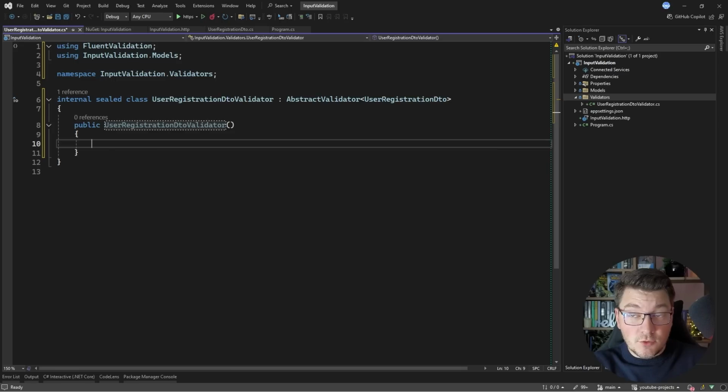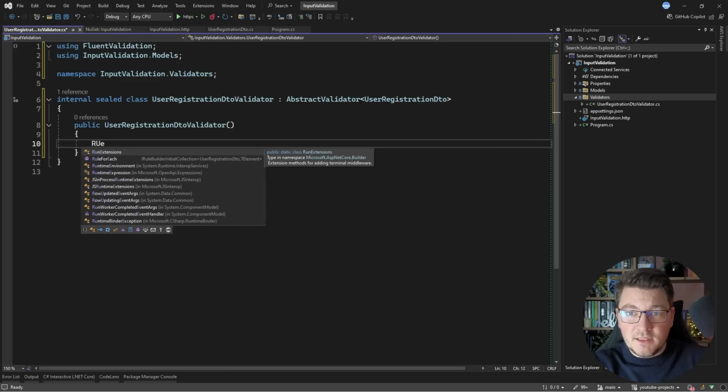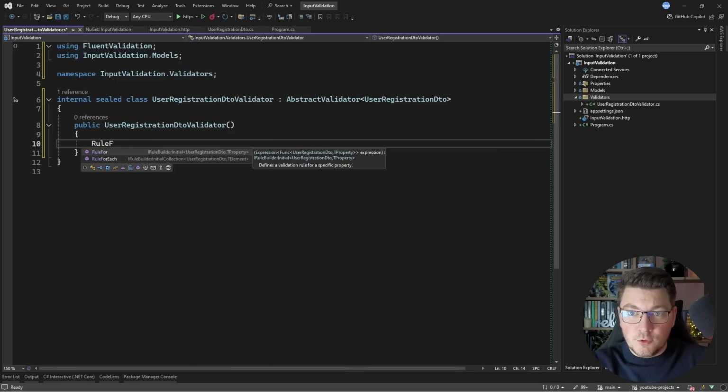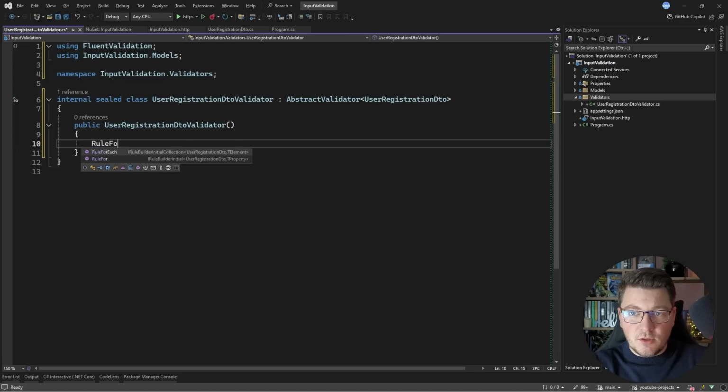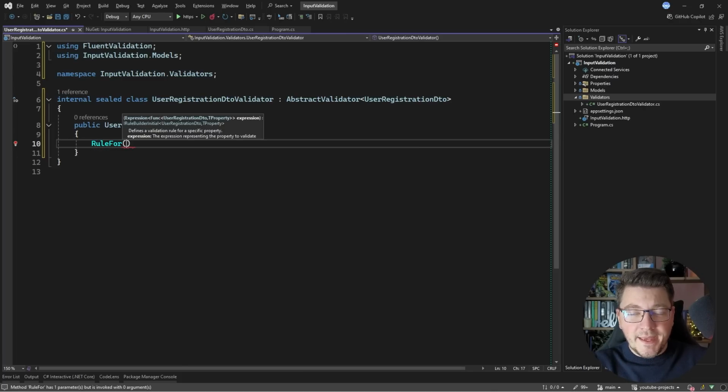Then inside of the constructor, I can define the various rules that I want to enforce for this validator by calling the RuleFor method. There is also the RuleForEach if you have a collection on the other side, and this allows you to easily validate a collection where you can call RuleForEach and then define the individual validations for the elements in this collection. But for now, let's focus on these simple validations, and let's start by validating the email